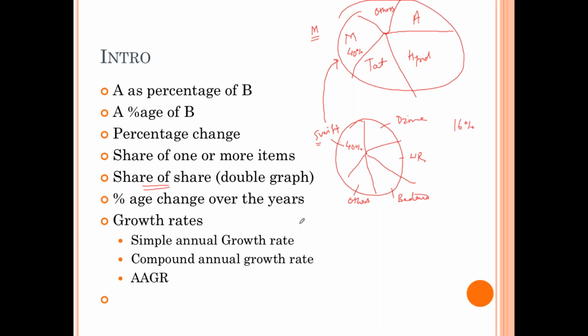Now, then, percentage change over the years, I have explained it in the last class also. Here I am explaining specifically because this class is on DI based on percentages. See, we have some values over the years. We will say the change in growth rate, right? We'll say the percentage change over the years. Here we do this calculation, right? And there are three growth rates. I will explain in a short while: simple annual growth rate, compound annual growth rate, and annual average growth rate. Let us first move to one question.